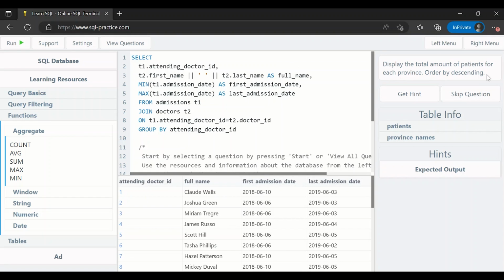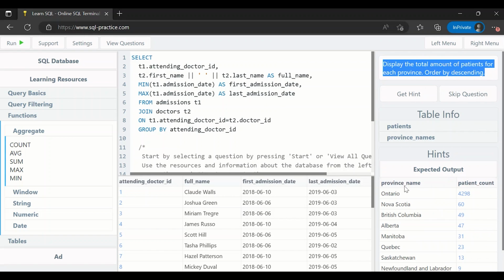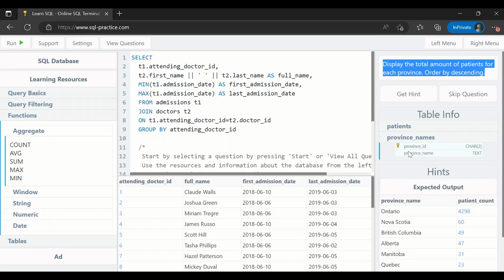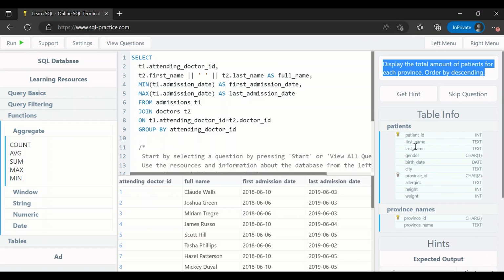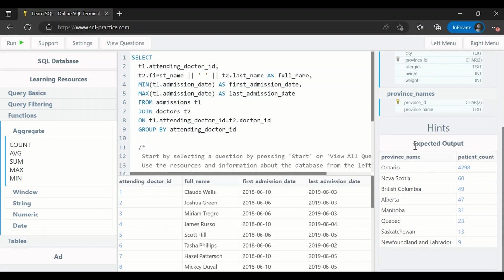Display the total amount of patients for each province, order by descending. So what is the expected output? I want the number of patients for each and every province. The province name will come from the province table, right? But we have other details in the table patients. So we have to join these two tables so that we can get the province name versus the total number